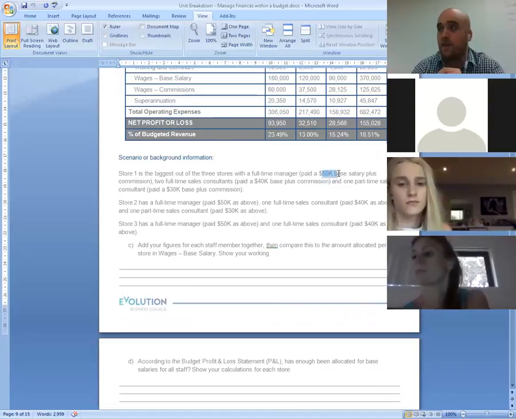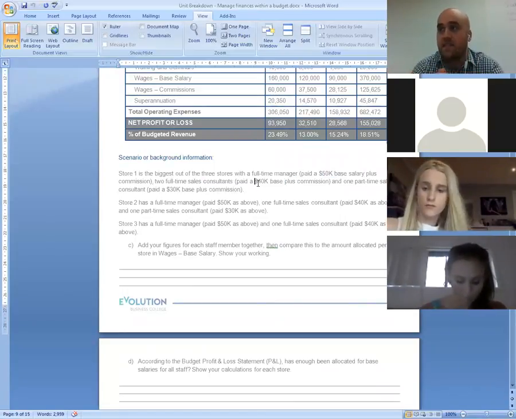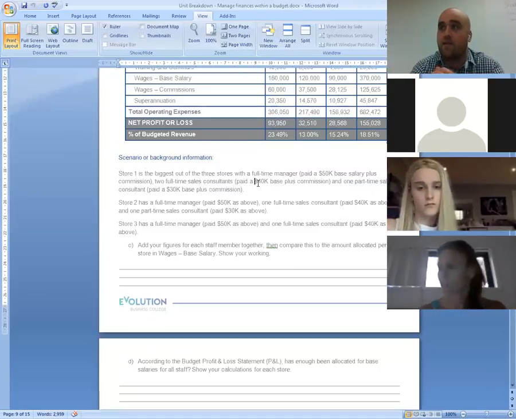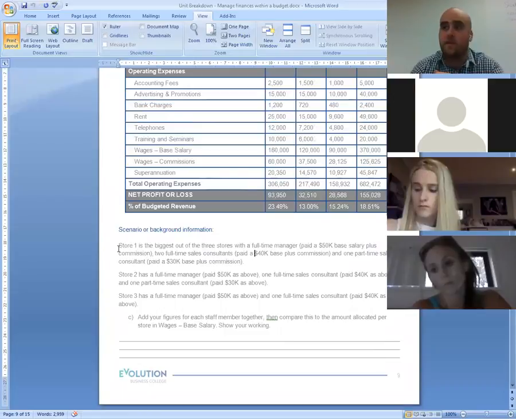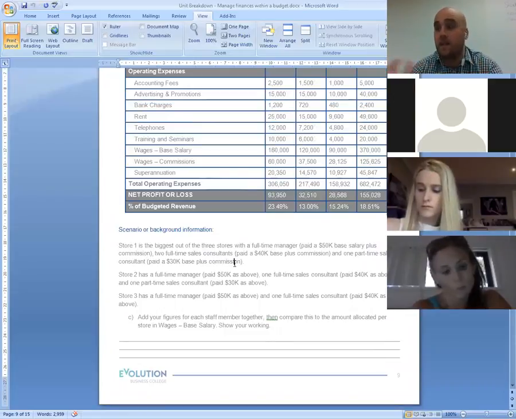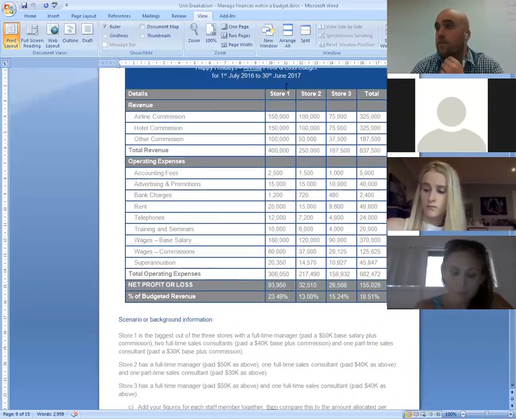There's a $50,000 base salary manager. There's 2 $40,000 salaries in there and a $30,000 salary. So all we're doing here is adding up 50, 40, 40, and 30, which comes to 160,000, and comparing that to the budget. So for store 1, if we are paying $160,000 in wages, is that enough to cover it? We've got store 1